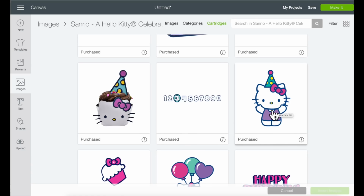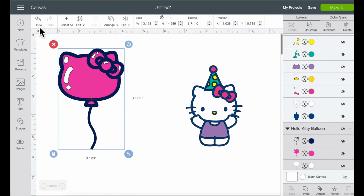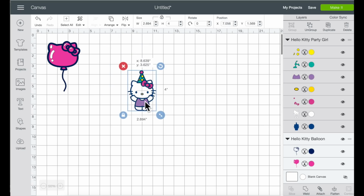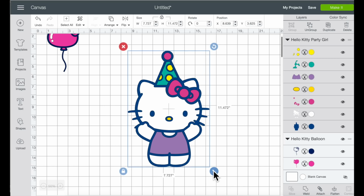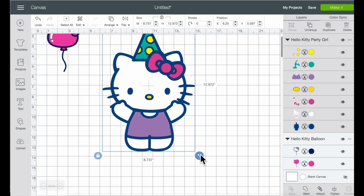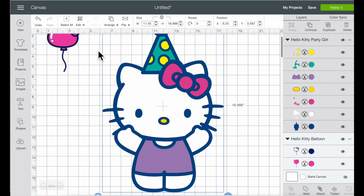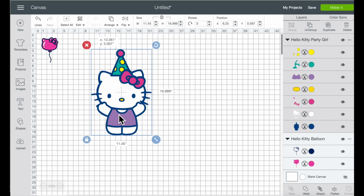I love this one. You can make big Hello Kitties. Oh, and they got numbers. These are for the age. You could decorate these and make these big. Let's show the inches. Let me zoom out. Let's see how big we can make a Hello Kitty. If we have 12 by 24 paper. Oh, we can make her big. Actually, all we have to do is the width is the widest we can do is 11.4. So I always do 11.45 just to be safe. How cute is that? You can make a 17-inch tall Hello Kitty to put on your wall to decorate for